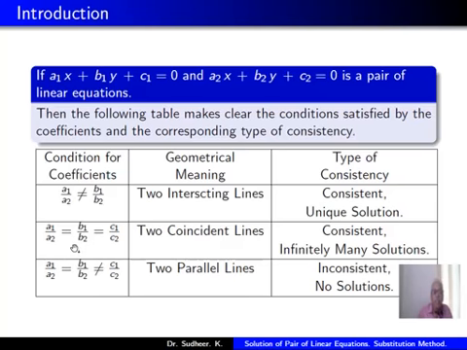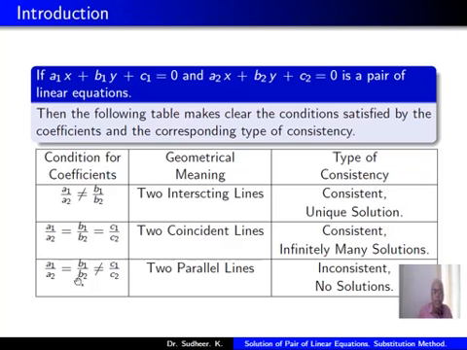If the coefficients satisfy the condition a1 by a2 equal to b1 by b2 equal to c1 by c2, then the pair represents two coincident lines, or the two lines are one and the same. In that case, all points on one line will be points on the other line, or there are infinitely many common points to the lines, and so there are infinitely many solutions, and in that case also the pair is